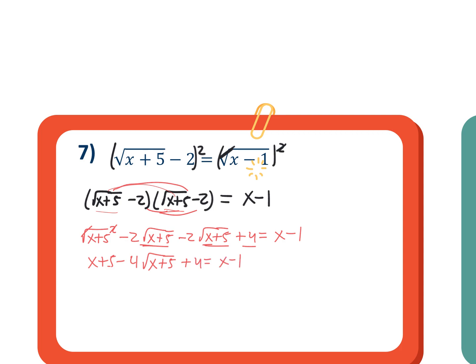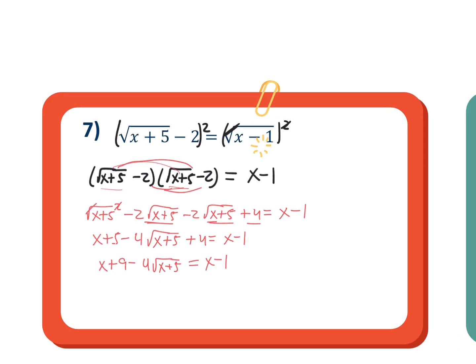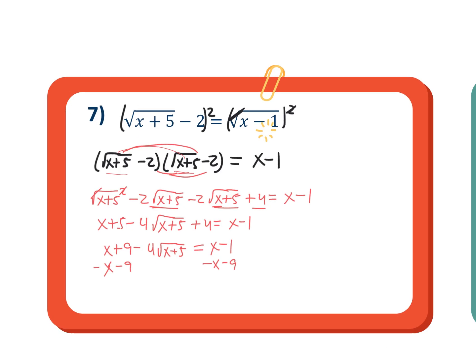We can combine like terms. So this is going to get us an x plus 9 minus 4 square root of x plus 5 equals x minus 1. Then I can subtract x, subtract 9, and so I get negative 4 square root of x plus 5 equals, these x's cancel out, negative 10. You see that this is probably going to be a lot simpler than it was before,